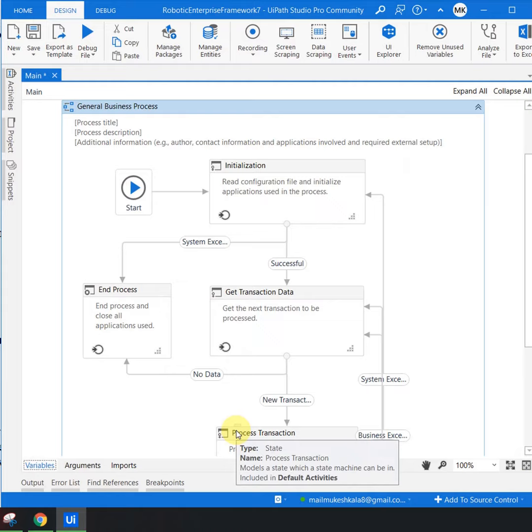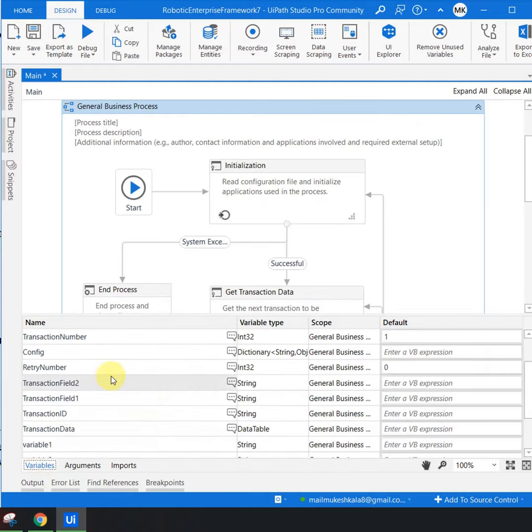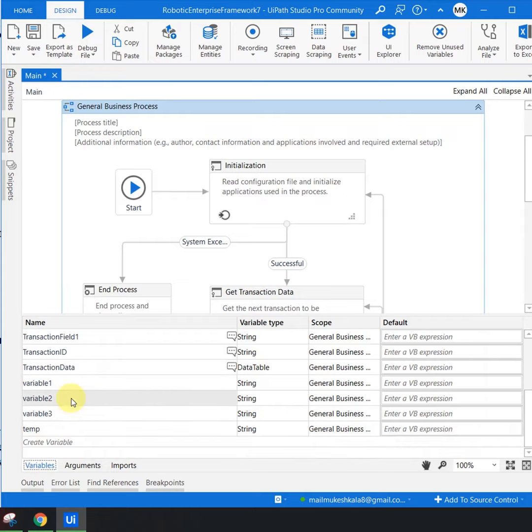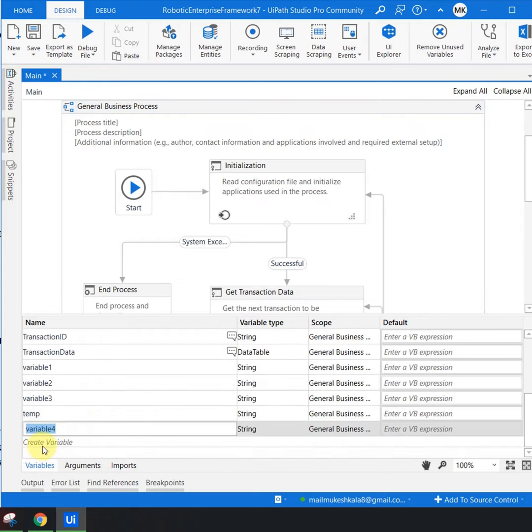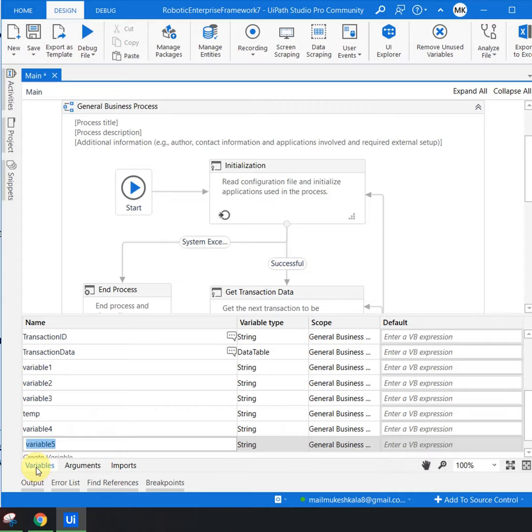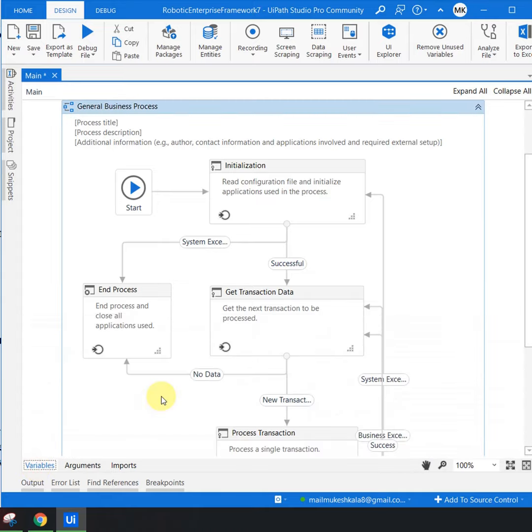While developing any process in UiPath Studio as a developer, we tend to create more and more variables. For example, I just created this variable. We create temporary variables, and sometimes we create unnecessary variables as well. But as a best practice, we should always clean our workflow. So how can we get rid of unused variables? UiPath has a very interesting feature called Remove Unused Variables.